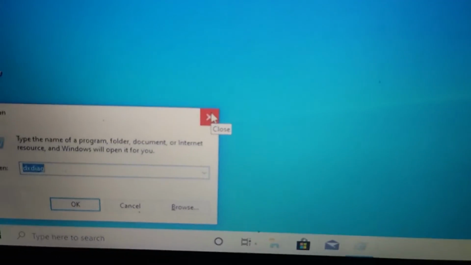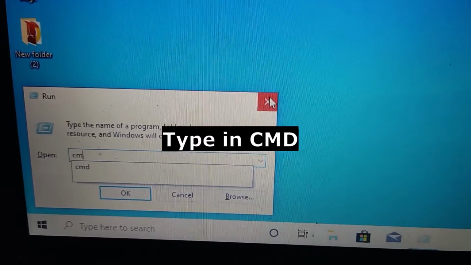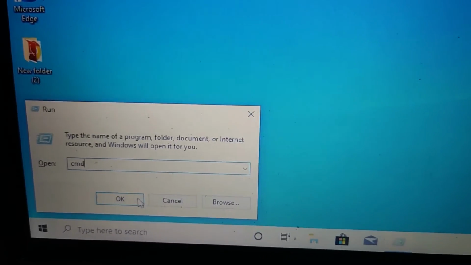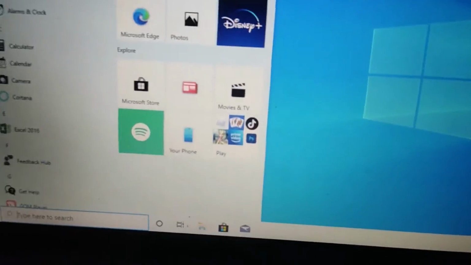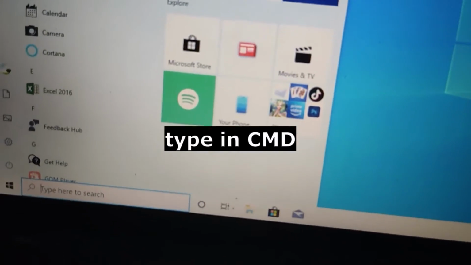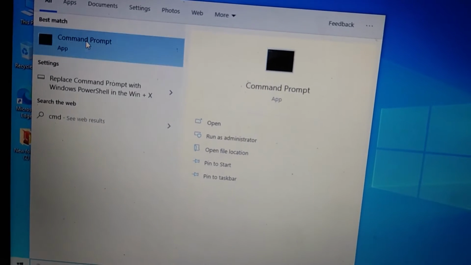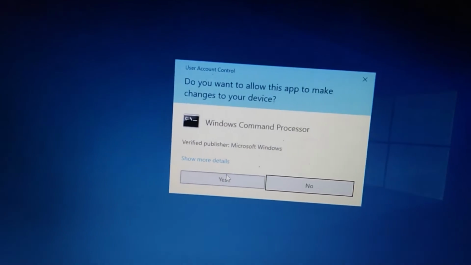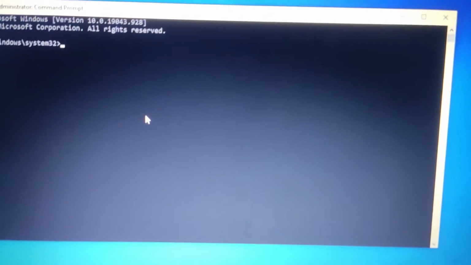Now when this dialog box appears, type in CMD. Alright, now press enter or click on OK, or click on your Start and search for CMD. Type in CMD. Alright, as it is here, right click on Command Prompt and run as administrator. Now click on Yes, and on the command prompt type in systeminfo